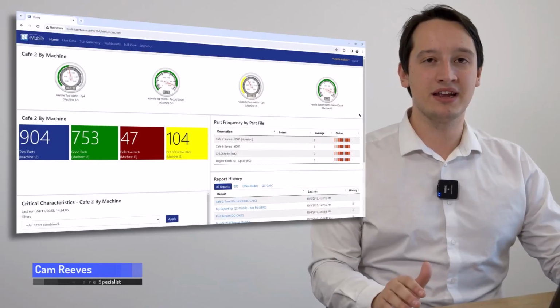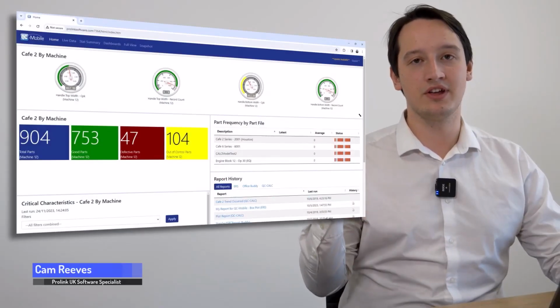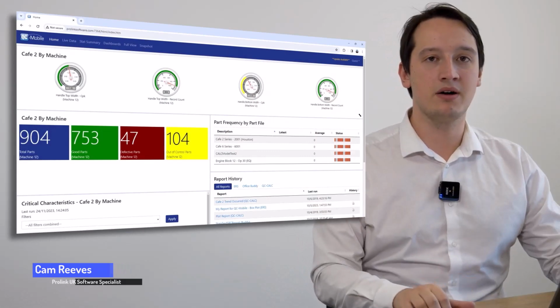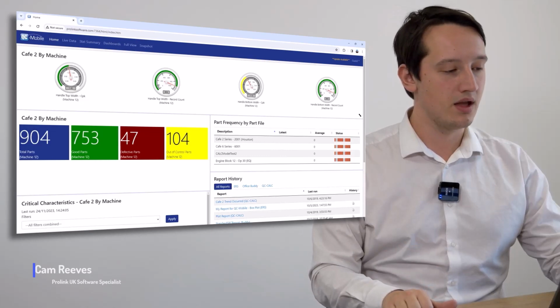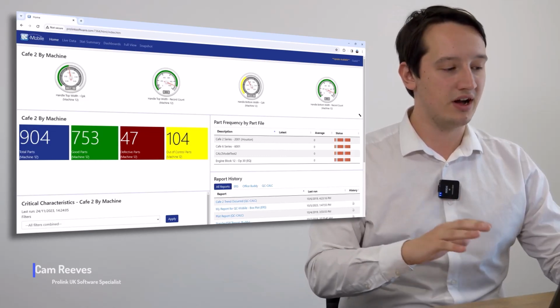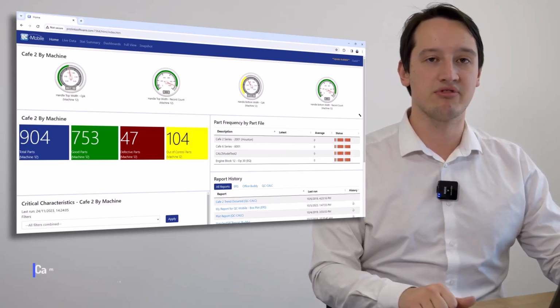I'm Cameron and I'm here to show you the simplicity of QC Mobile. QC Mobile allows anybody to be able to view data directly from the shop floor. On the screen you can see I've got various dials and indicators showing me my current processes which are running